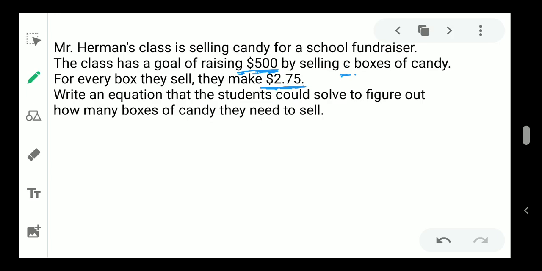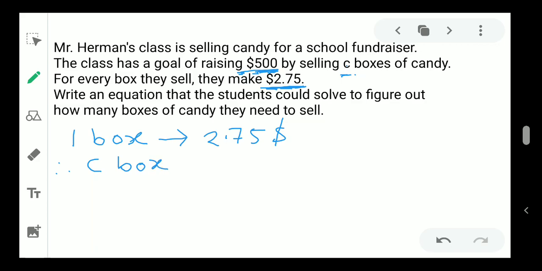C boxes of candy they have to sell, and one box earns $2.75. Therefore, C boxes